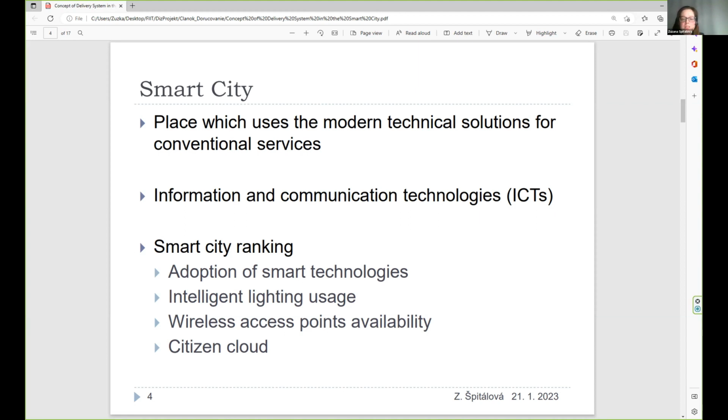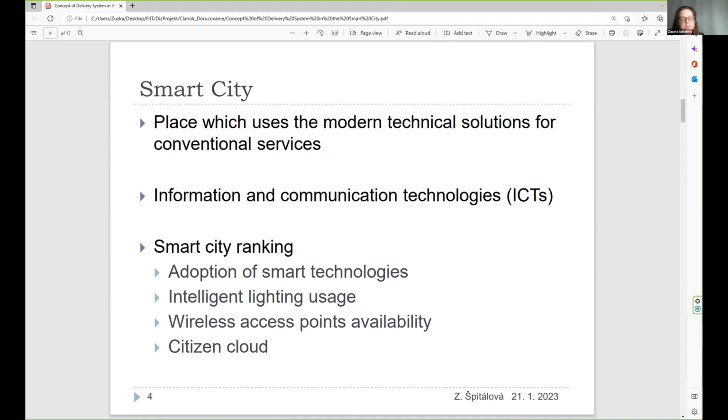Also, we have an ideal case when we talk about the smart city, and the ideal case is to have a citizen cloud. The citizen cloud represents the platform which is able to provide us services like culture, healthcare, or a transportation system, for example.